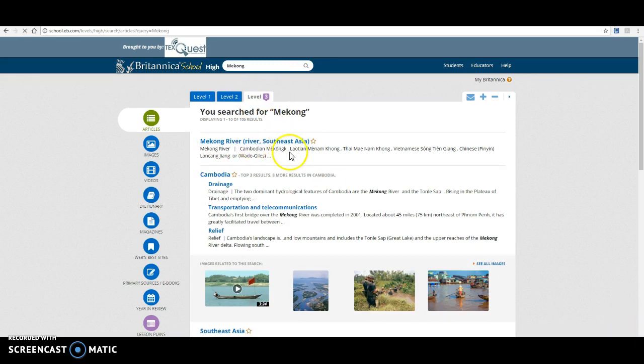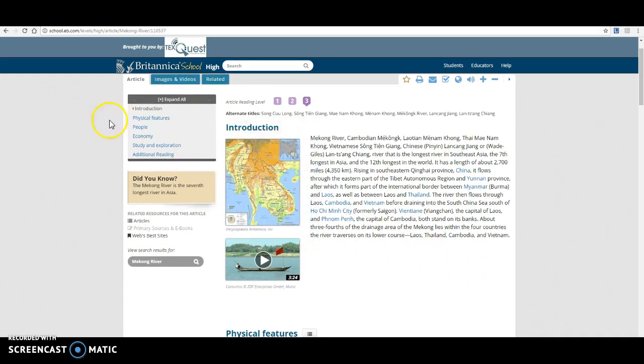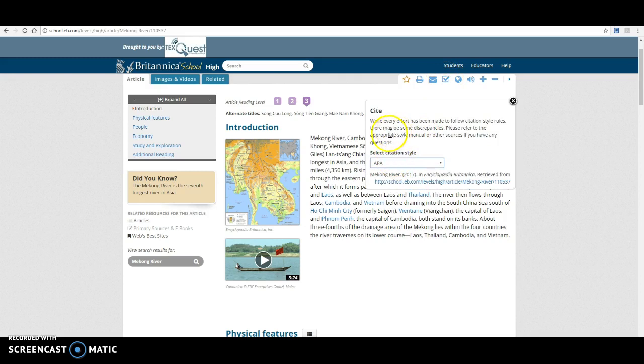So I'm going to click on Mekong River, and you will notice that there's lots of information here. Over here is my table of contents. It's going to tell me the things I can link to in this article. Right off the bat, I'm going to come up here to this little check mark in the square, and I'm going to click Cite. I'm going to make sure this is on APA, and then I'm going to copy and paste this citation into